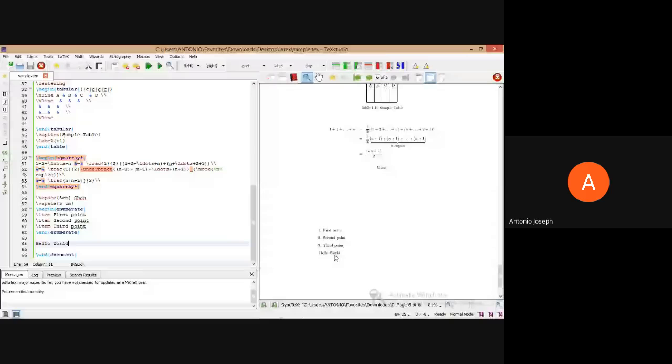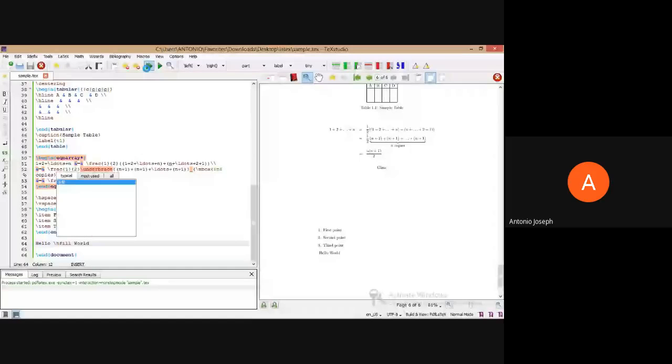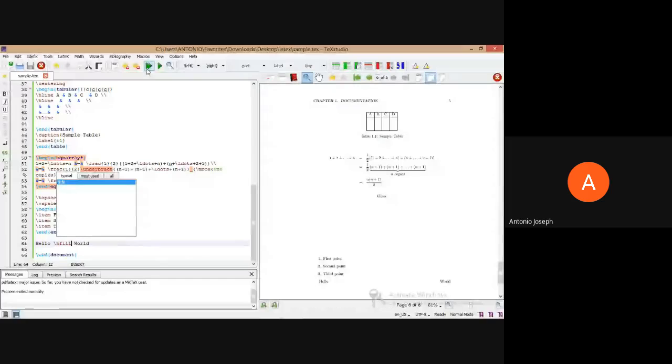Okay. Now if I am saying a command called hfill, what happens is that the entire line will be filled. The first word will be at the left side and the second word will be at the rightmost end of that particular line. Okay, so that's the beauty of this hfill command.